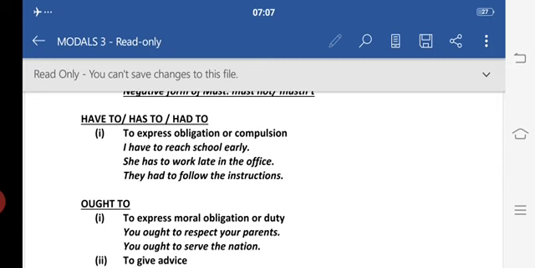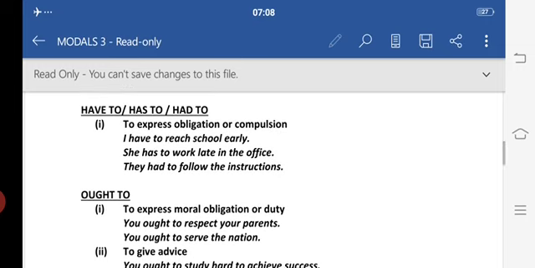Students, we can say that have to is used in all tenses. We can use it in present, past and future. Now if I have to talk about past tense, I have given you the example that I had to complete my sister's work yesterday. So here I have used had to in past tense. But if I have to use the same sentence for the present tense, I'll say I have to do my sister's work today. It means I am showing that this is an external compulsion which I have to complete.